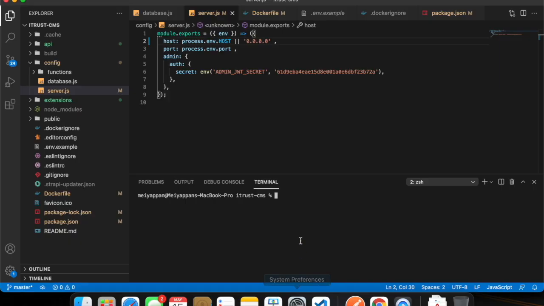Once you do this, you will have a Strapi app created, which is a Node.js app, and you need to make a note of two key JavaScript files within the config directory. One is database.js and the other one is server.js, where you configure the host and port name, and in database.js you configure your database.